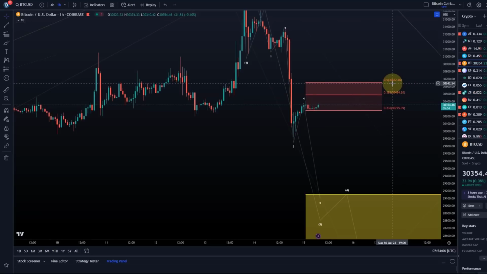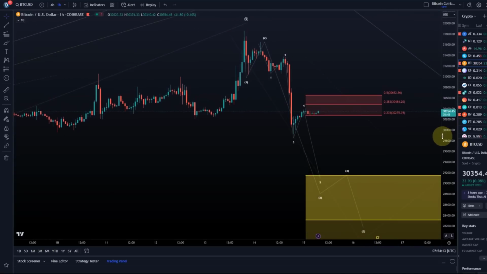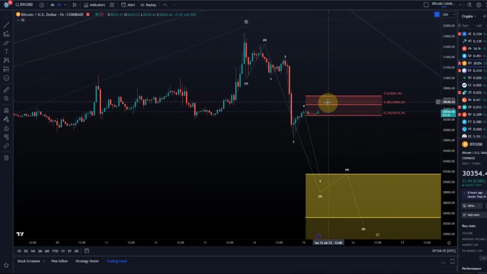If it goes substantially above that level, then I think we're dealing with something different. I have to look at the wave count again. That would then be short-term bullish. But that's exactly why we use these fib levels and why we use Elliott Wave, because Elliott Wave tells us when we need to change our view. So I would personally have to change my view if 30,650 is breaking to the upside.